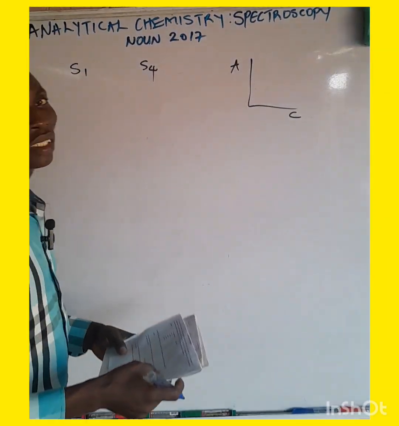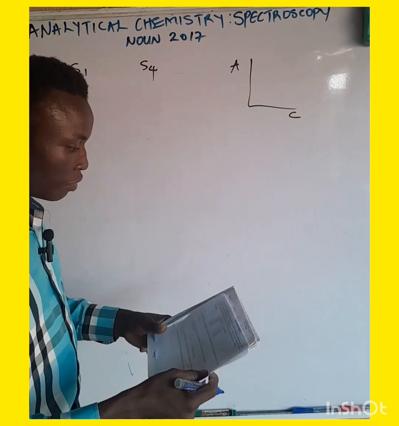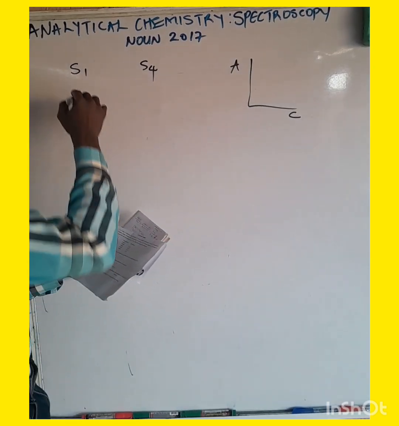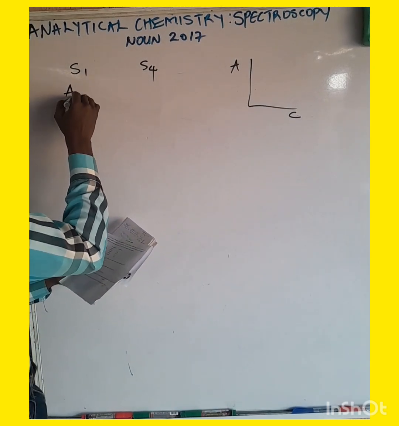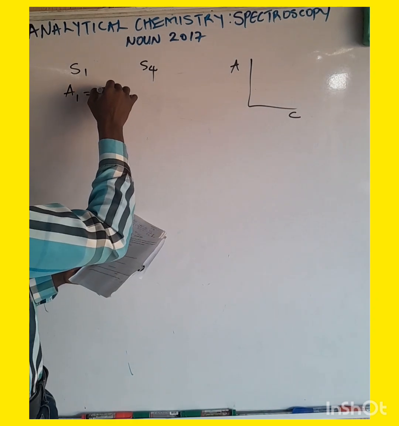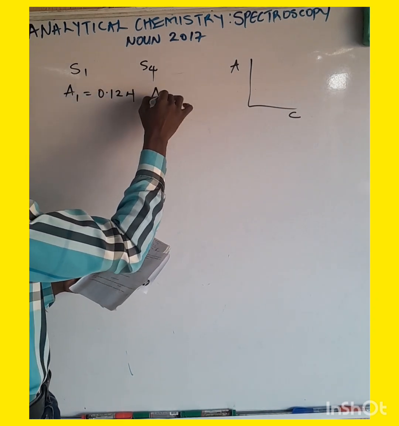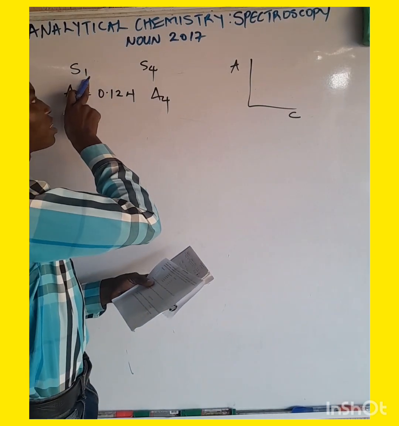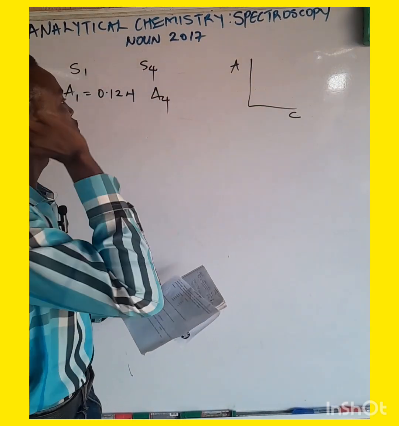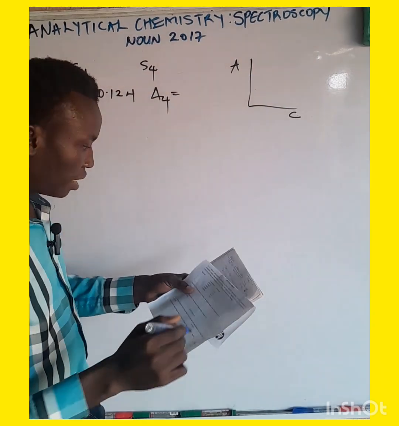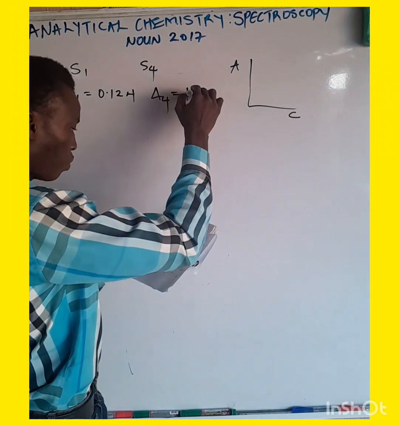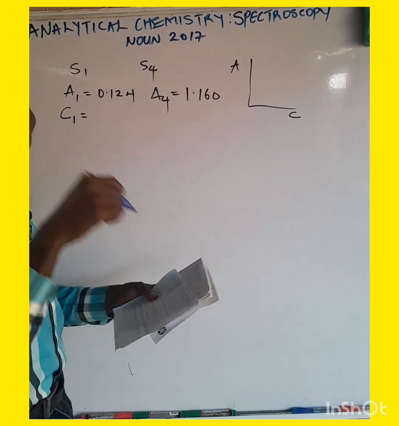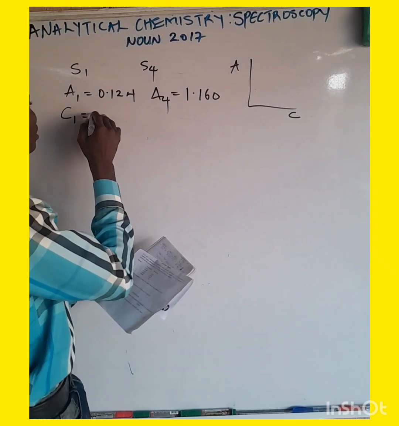Now, check the standard one given in that question very well. The standard one absorbance, that will be our A1, is given to be 0.124. Our A4 is the one you are going to use next to it. I've said it before, S1, standard 1, and standard 4, that is what we are going to use. So our A4 there is given to be 1.160. Again, our concentration 1, if you check it very well from that question, is given to be